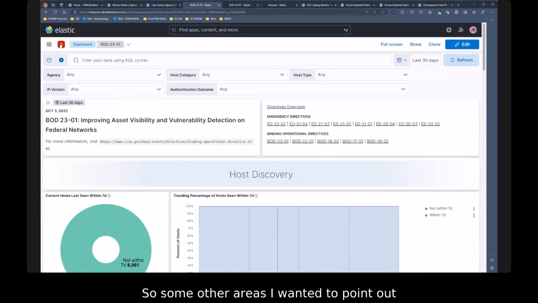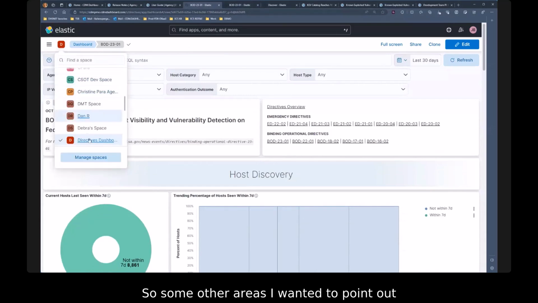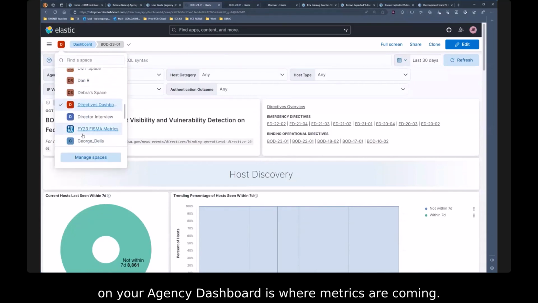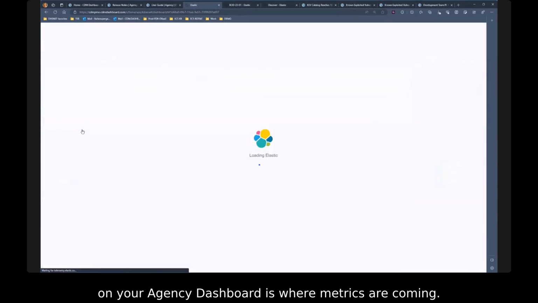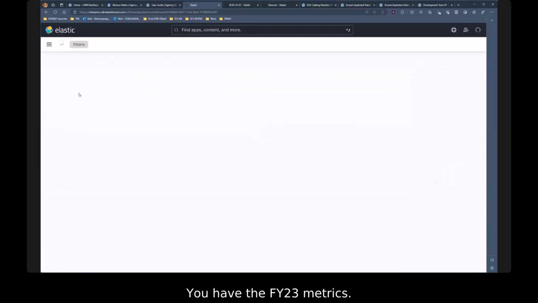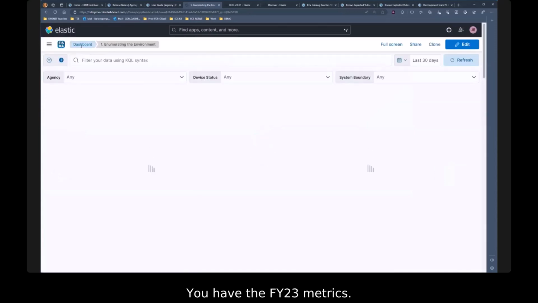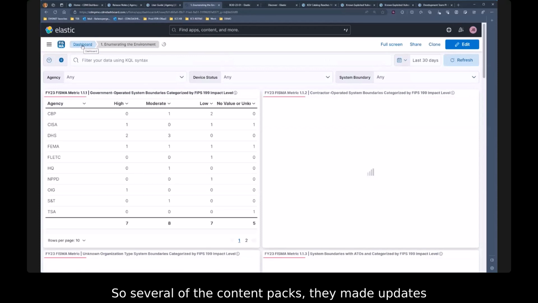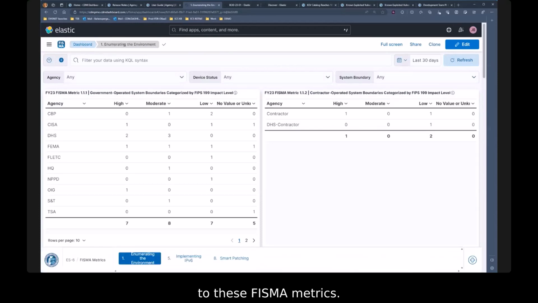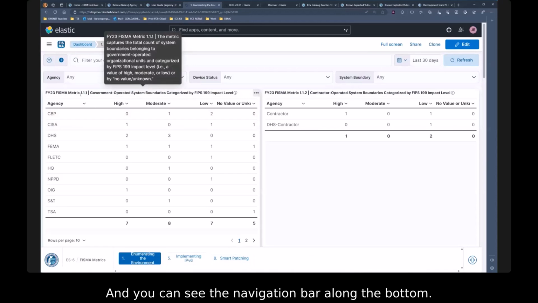So some other areas I wanted to point out on your agency dashboard is where metrics are coming. You have the FY23 metrics. So several of the content packs, they made updates to these FSMA metrics. And the first area was enumerating the environment, and you can see the navigation bar along the bottom. So with enumerating the environment, these are going to be your Cyberscope metrics. So we're able to go and